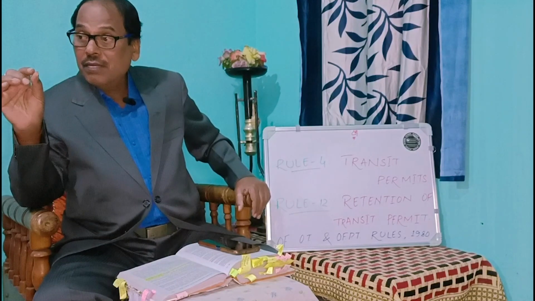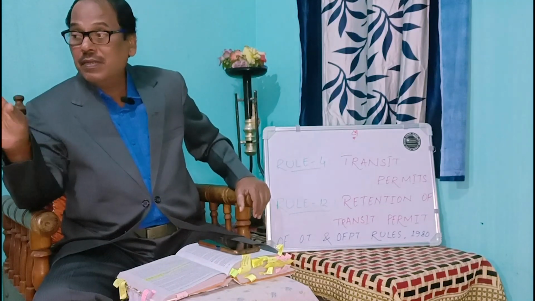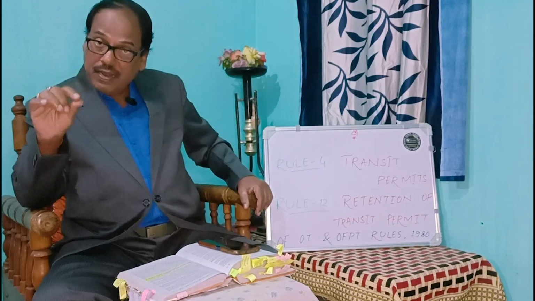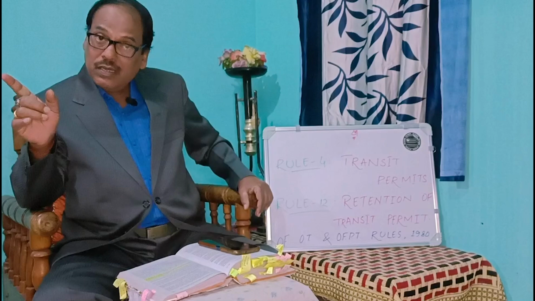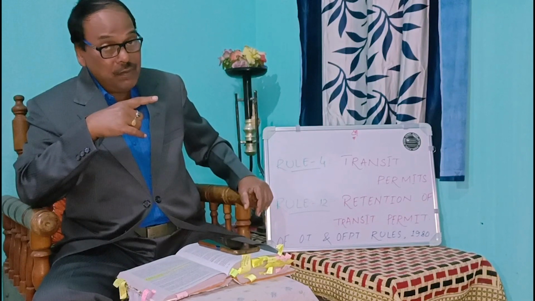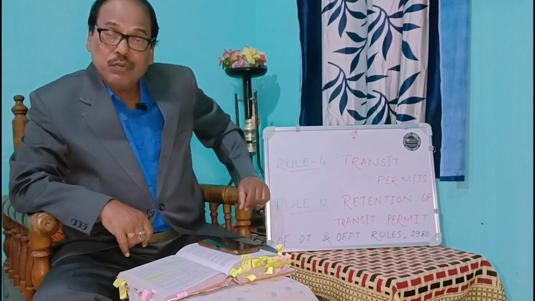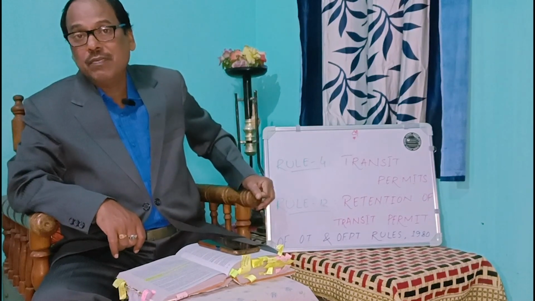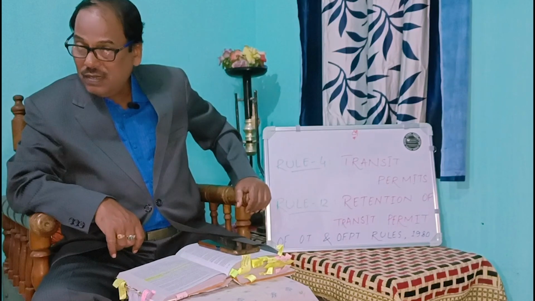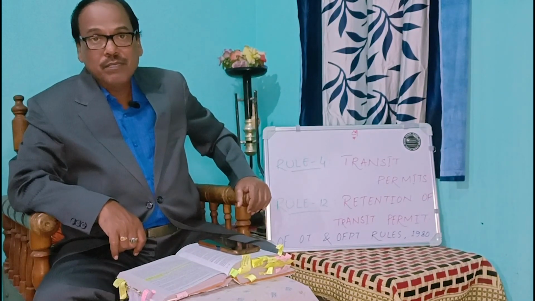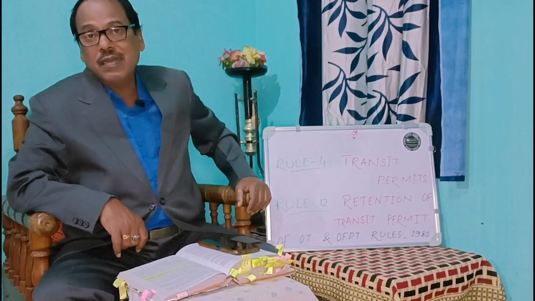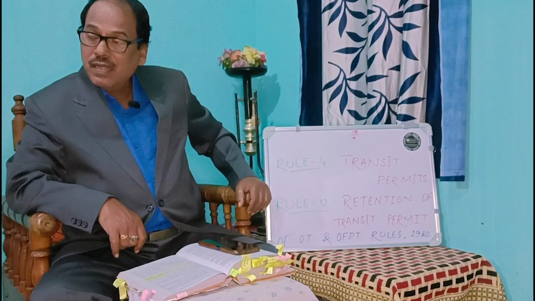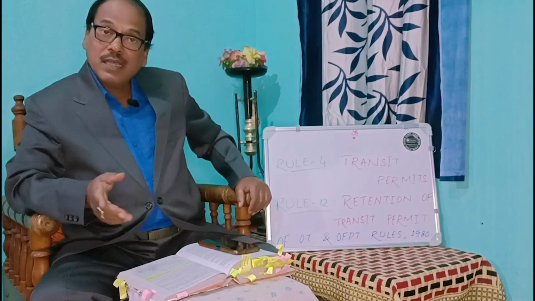Otherwise, let's say 50% is used and 50% remains with that person. In the particular case, that person must keep the receipt he has received from that private depot till disposal of that balance 50% CFT of the forest produce which has been purchased from that depot. If that person loses it, then the case will be booked accordingly.